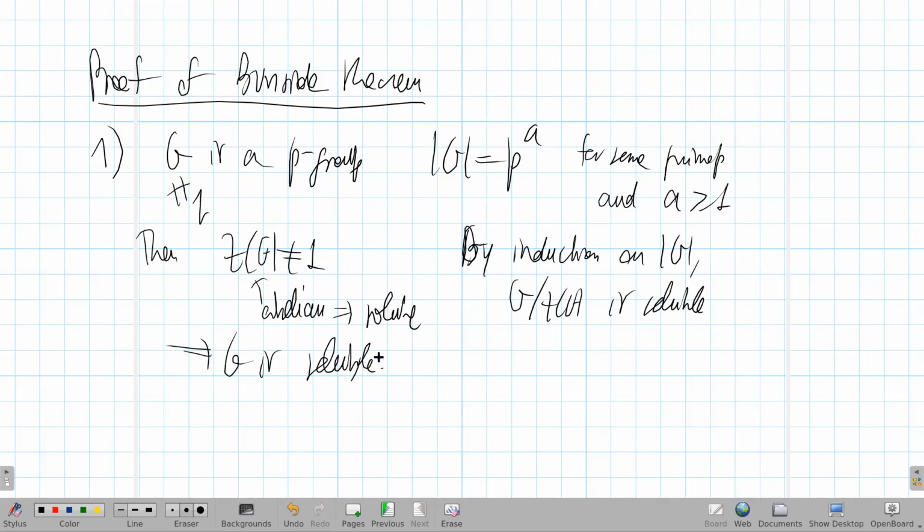Actually, a p-group is more than soluble, it is nilpotent, but one of you will be given a seminar on nilpotent groups, and so this will be a chance to see that also. Let's see what happens